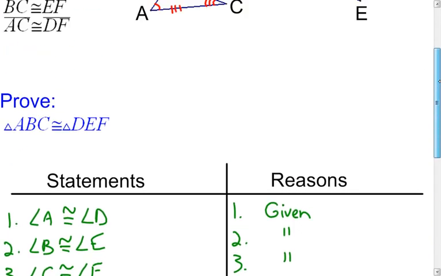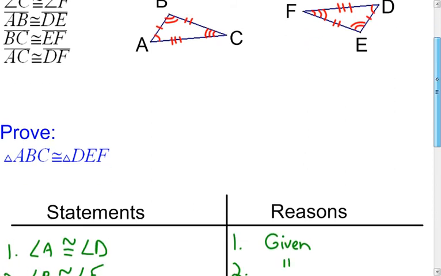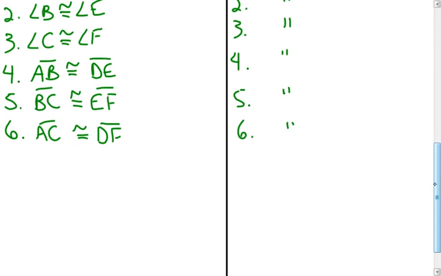Well, remember, now we're to this stage. Everything that's in my picture has been put into my proof. That's the nice thing about drawing the picture and marking it up. Take all those little congruent markings and put a statement for each one of them into your proof. Remember, when I looked at this earlier, I said, well, now I know my triangles are congruent. Well, being I've put all that information into my proof, now I should be able to say what I'm trying